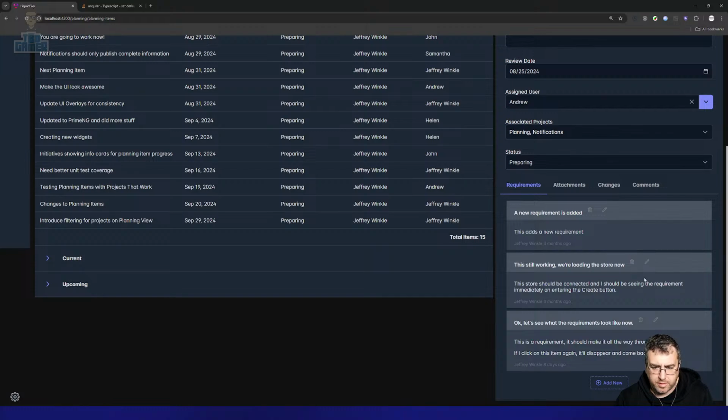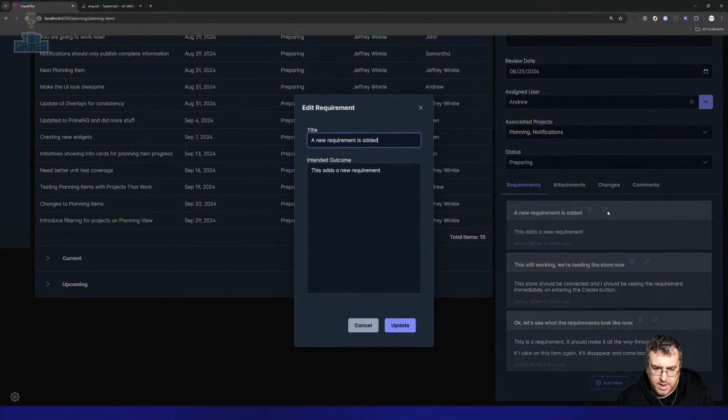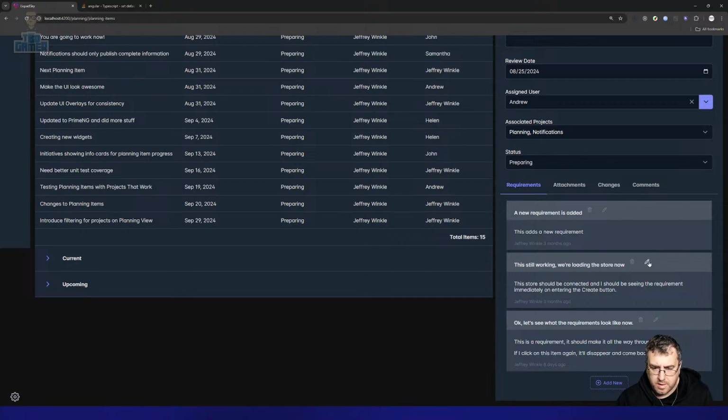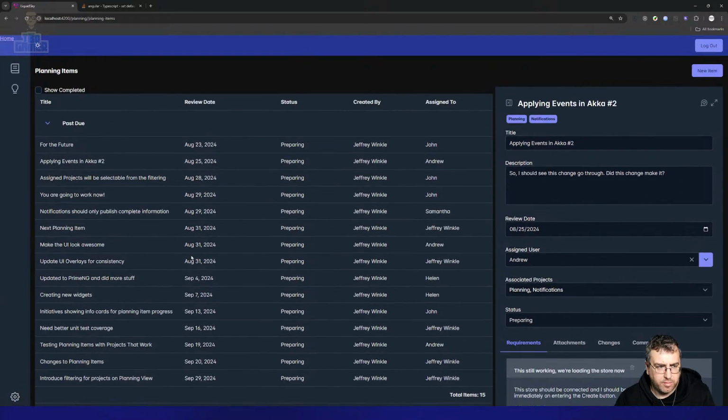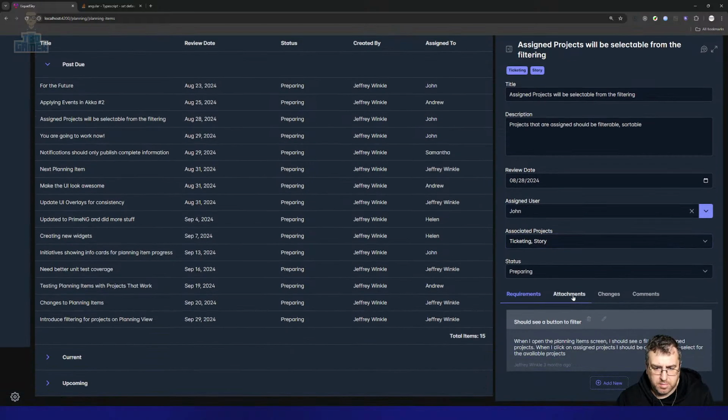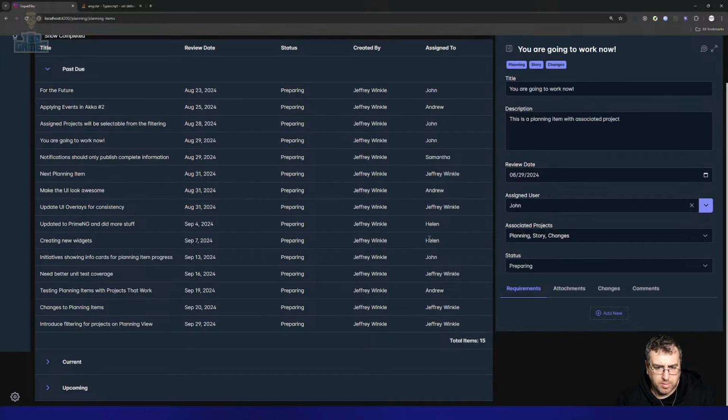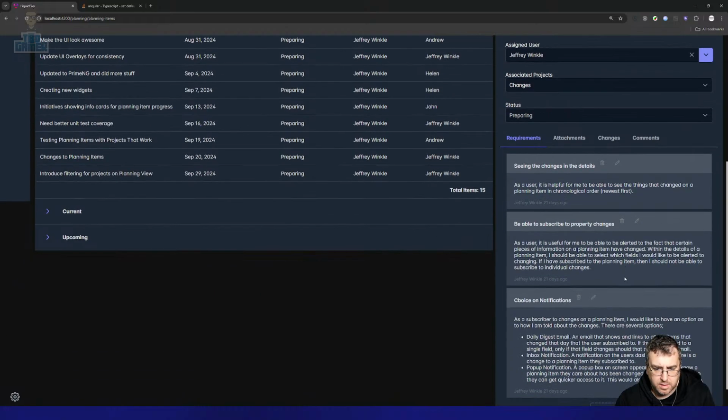So we should be able to go into any one of these and edit requirement. This adds a new requirement. This requirement is added. We should be able to delete a requirement. That removes it. We should be able to go in and